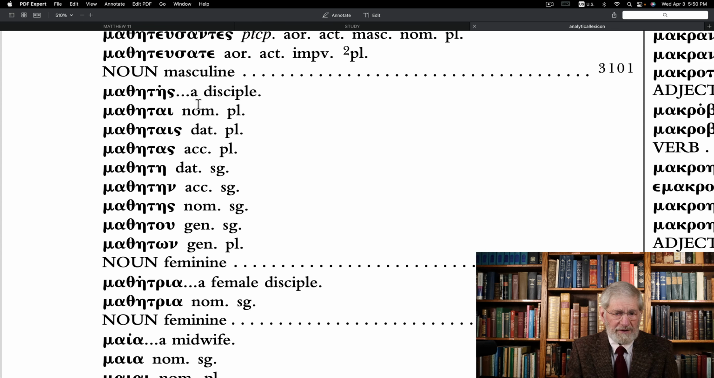And the nominative, the mathetes, a disciple, is the nominative singular. So down here it also appears as mathetes, as it does appear in the text of the Apostolic Bible. If it was the lemma, as it's called, the Greek word for that noun, it would appear at the top, and it would have the meaning for the noun,